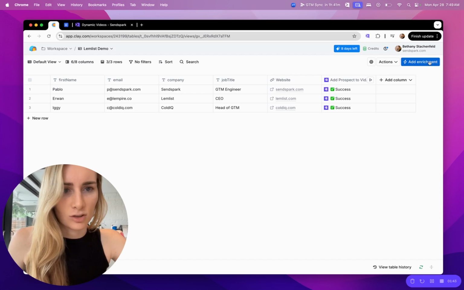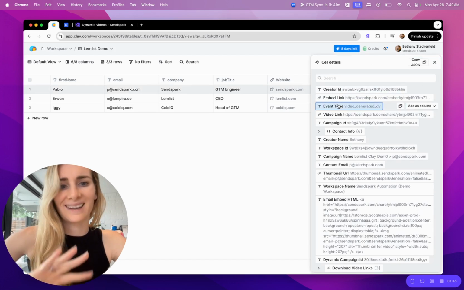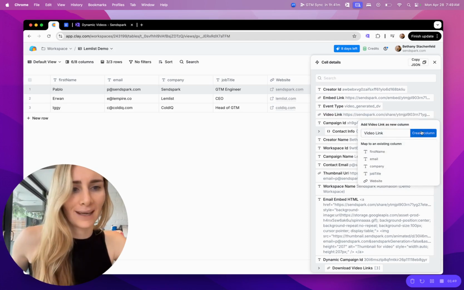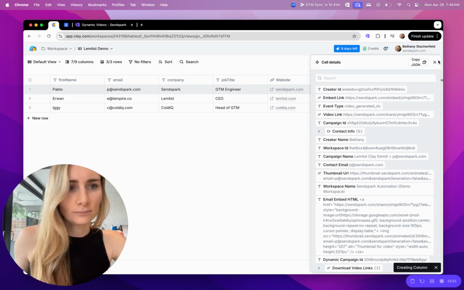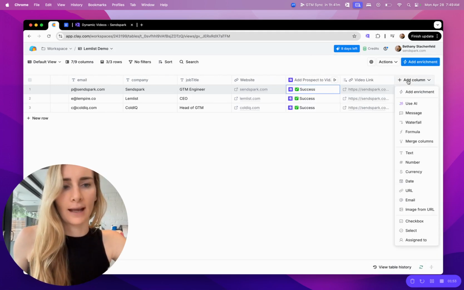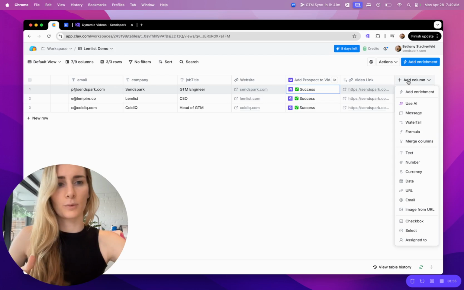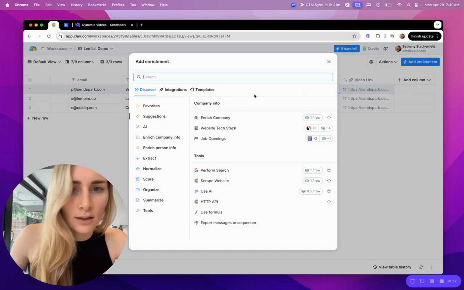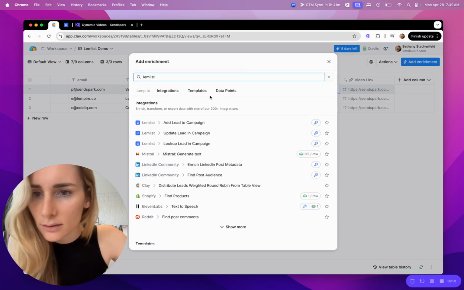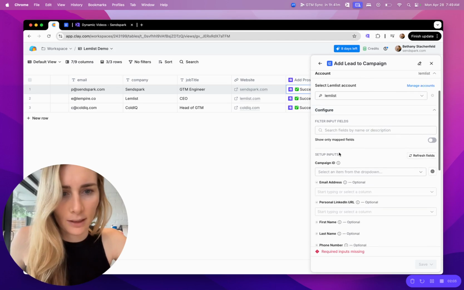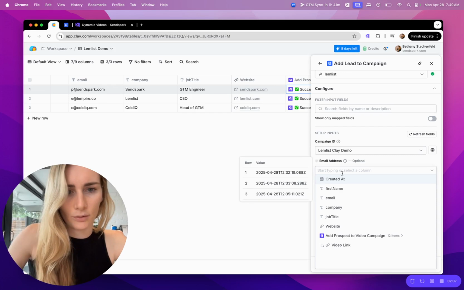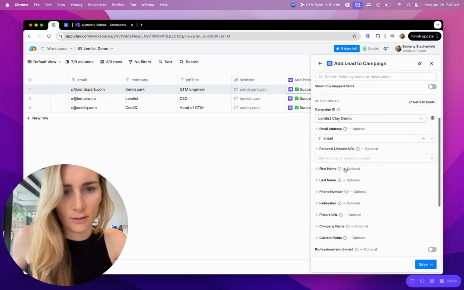So I like to add just one step here, and you can take anything that's returned in the Sendspark step and just create it as a column. And then that way I can add the next step to add them into the Lemlist sequence, but I can check and be like, hey, only do this if video link exists. So you do Lemlist, add lead to campaign, and then add the campaign that you want to do. Lemlist Clay demo, email,